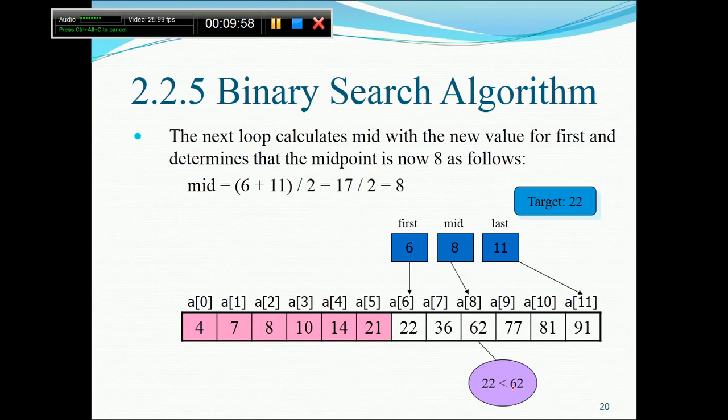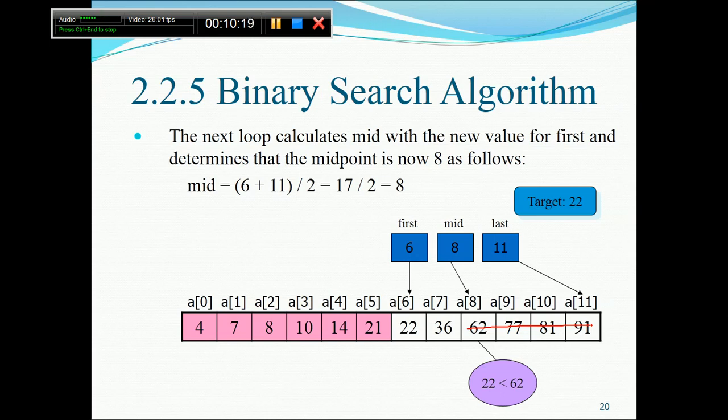And we'll ask, okay, is 62 less than or greater than 22? We will get an answer. Okay, 22 is less than 62. This means I have to consider the previous part. Obviously, the number 22 will reside before this particular position because the array is sorted. So we can ignore this entire position. It is not required. We did not have to search inside. What are the remaining? 6 and 7.